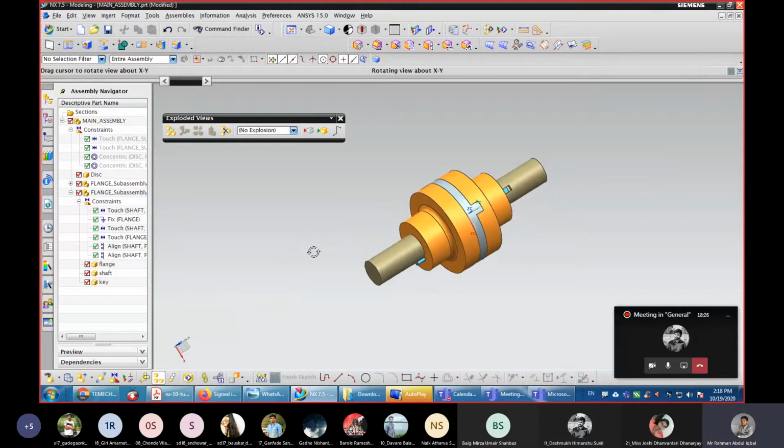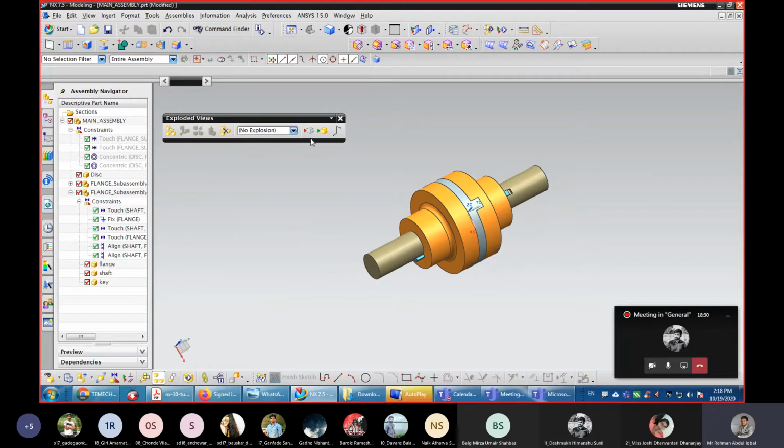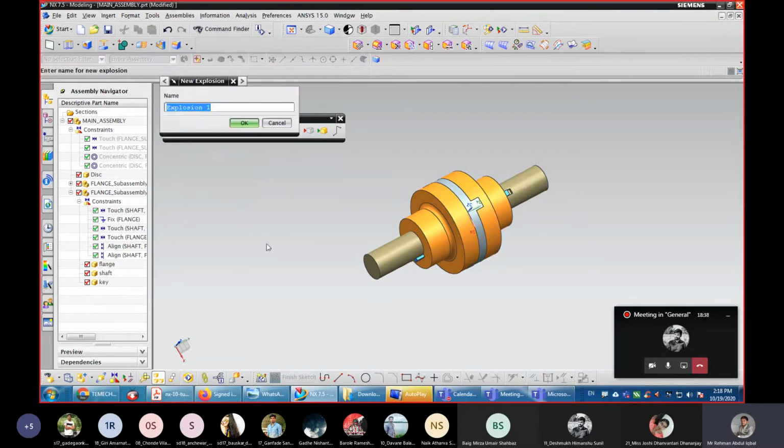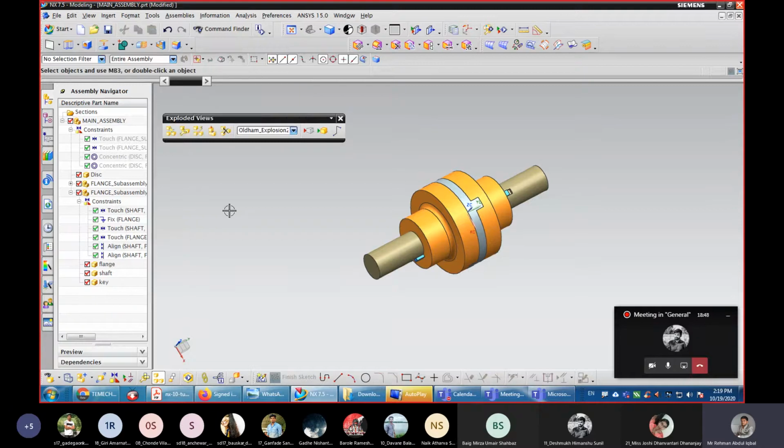So in this way you can create any explosion, and you can create another explosion also. So you can go to new explosion and any other. Okay, we'll see. Go to assembly, exploded view, new explosion. Now I'm giving the name Oldham explosion 2.